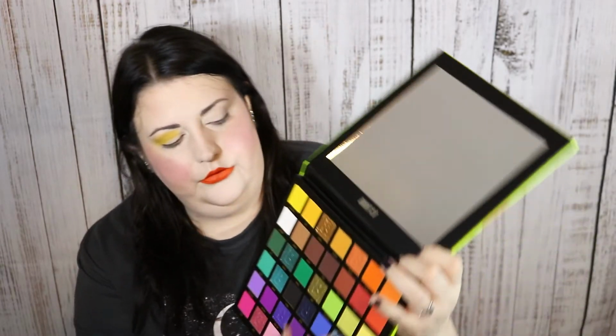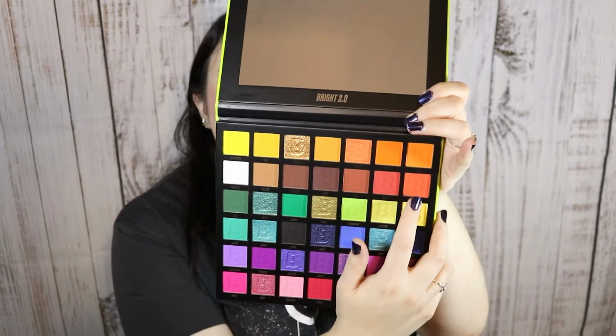Now I want to go in with this shade Flame, which is that beautiful orange shade right there. Okay, now I'm going to take